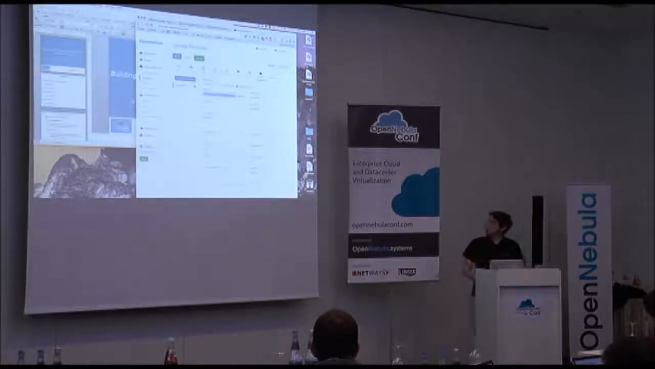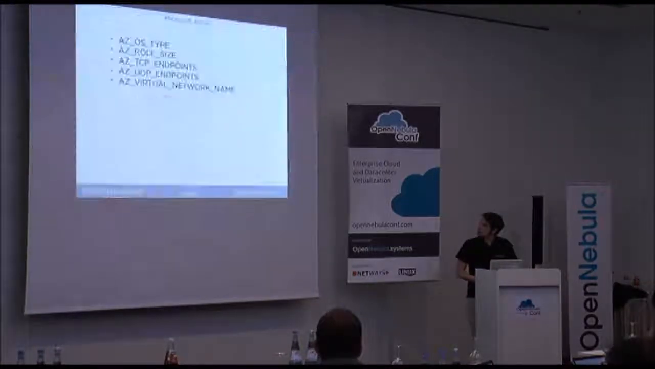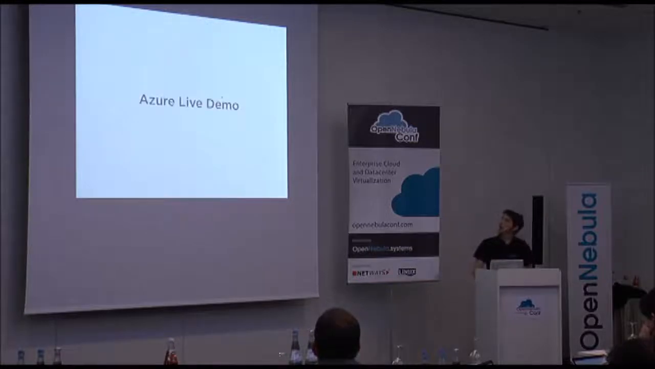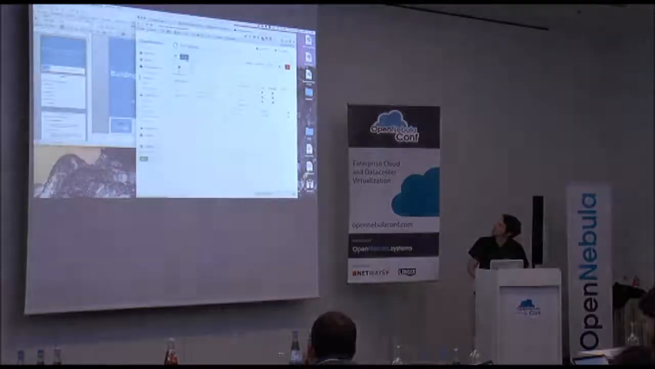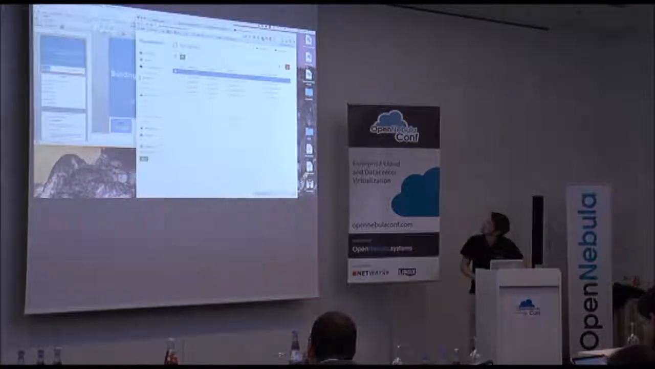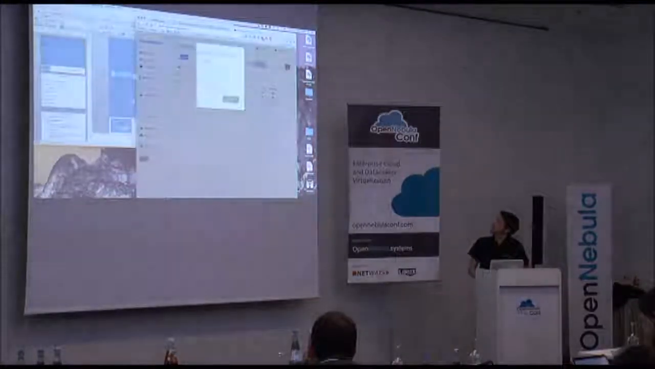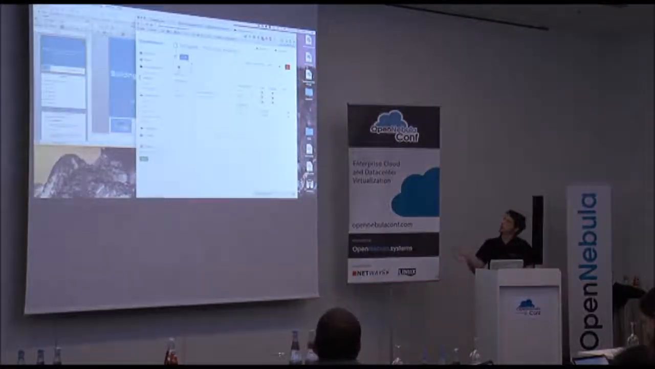Okay, so I'm running out of time. Just going to briefly go through the Azure live demo, which is launching a template and seeing it in the management console. I'm going to also launch the SoftLayer one. So the idea here is not to have different templates for